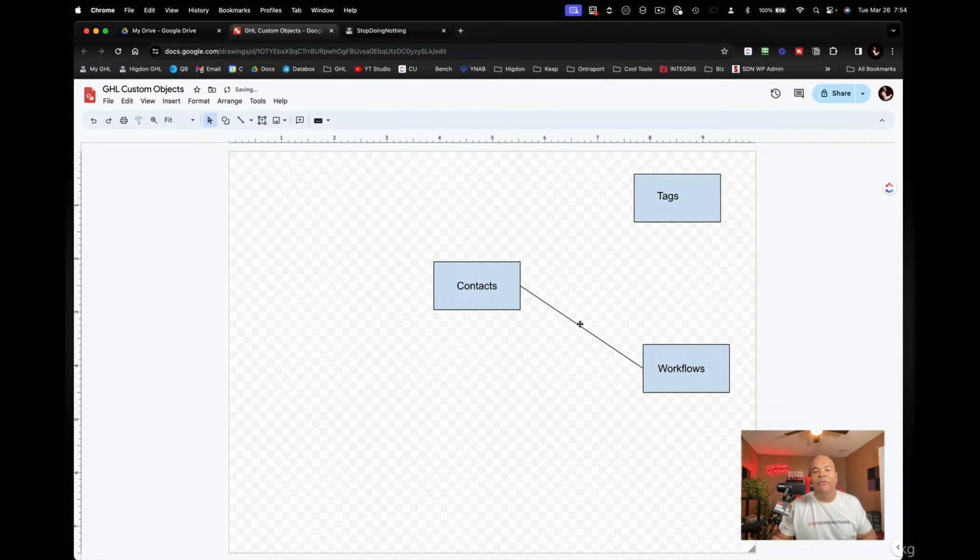You have to have something that a contact does not have, like a bunch of tag information in it, and a tag does not have a bunch of contact information in it. In the world of database design, by the way, this is called a schema. In the world of database design, when you have many things that have to be related to another object,